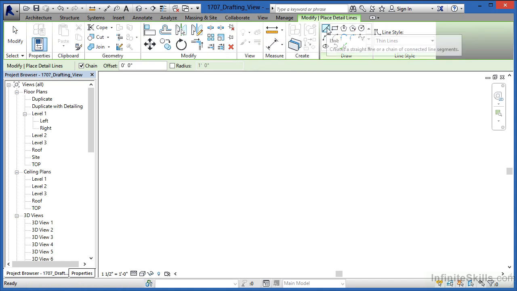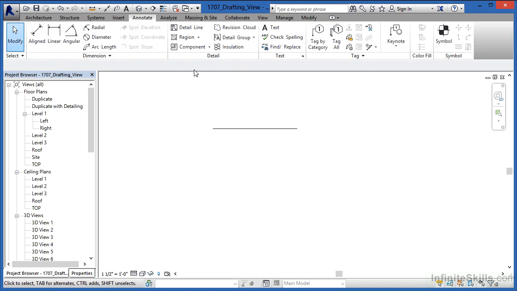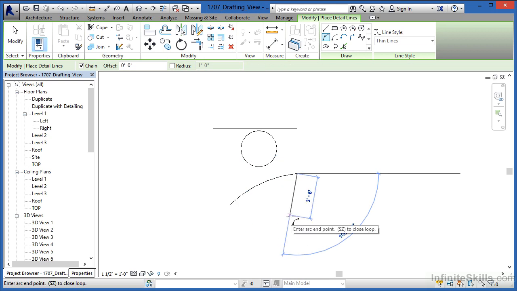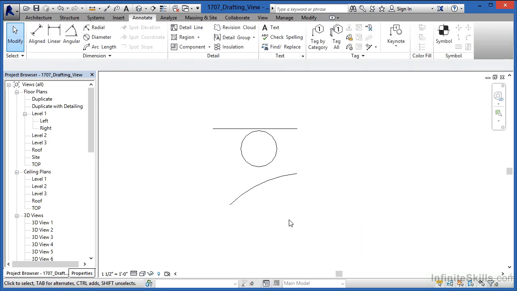I'm going to select on the Line tool, and then I'm going to draw a line in, hit Escape a couple of times, Detail Line again, pick on the Circle command, draw in a circle. I hit Escape once on the keyboard, select on the Arc command, and then draw in an arc, and hit Escape a couple times on the keyboard. The point of this is that you can do two-dimensional drawing inside of the Revit environment by creating these drafting